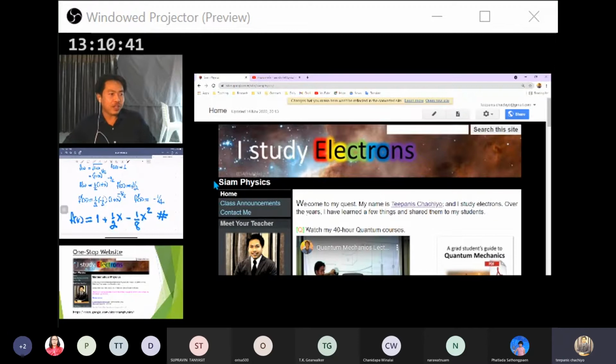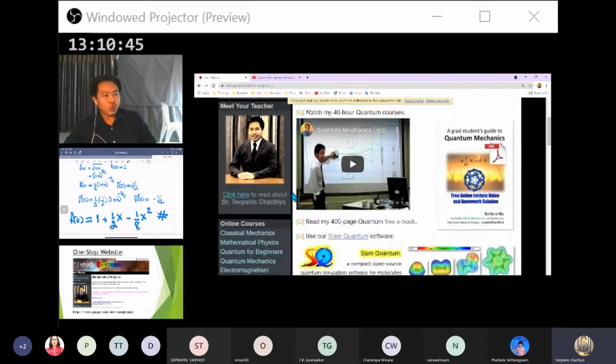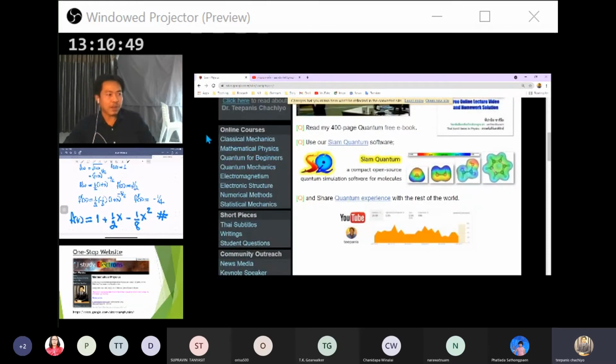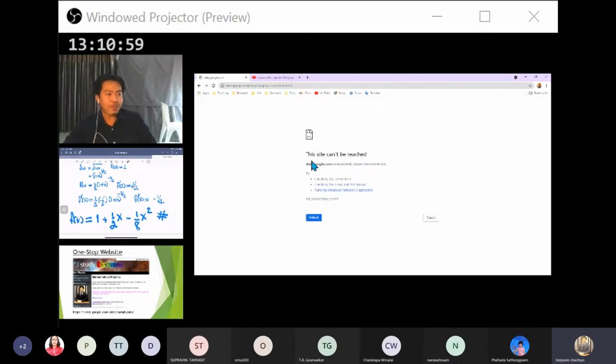So this is what we call the Siam Physics website, and you can access that using the Siam Physics keyword on Google. I will take you to this website and you can look at these online courses on the left panel. In here, you will notice that we have this Mathematical Methods for Physics. The mouse is pointing at this icon. You click there. Oh,